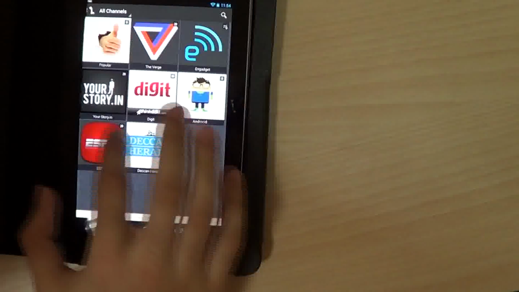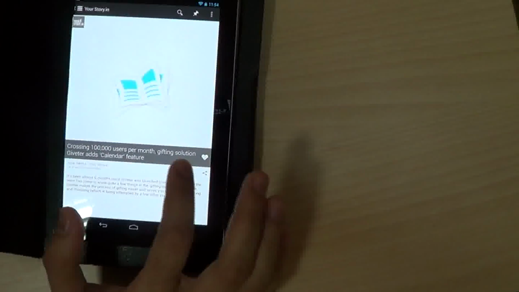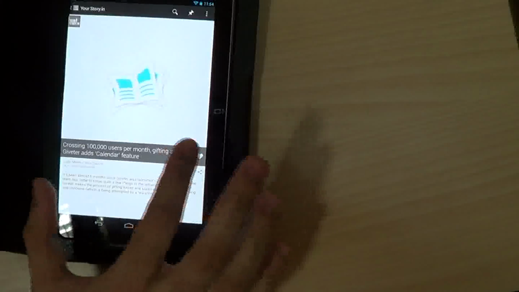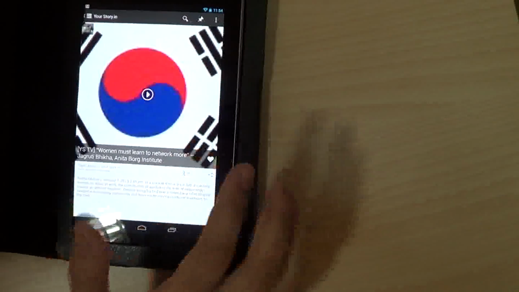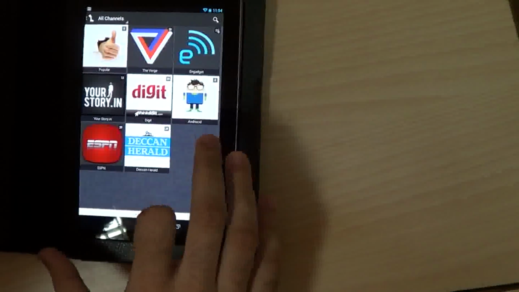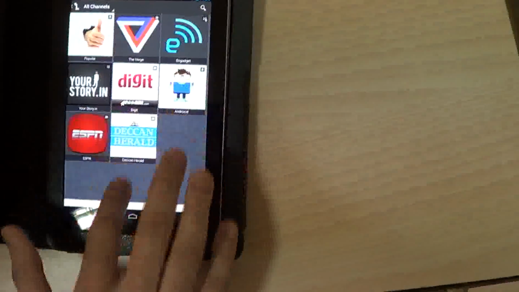Let us go back and select some other stories as well. So Your Story, you see a logo here, and you can share this across various other social media. Of course, these images take a slight time, but fair enough. It probably takes just 2 to 3 seconds to load. Added to the read list later. That's a new feature which has been provided, wherein you can read these articles later. It's very user friendly. Now if you're updating, you just need to slide these icons, and you see an option called